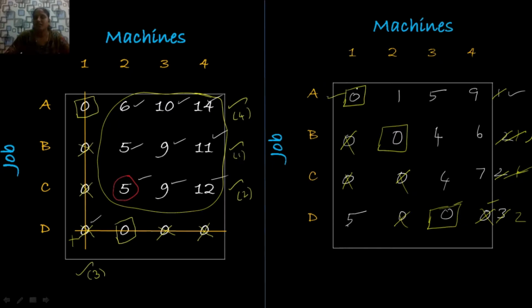After making the assignments, check whether all the rows have exactly one assignment. Here the first row has an assignment, the second row also has an assignment, whereas the third row doesn't have any assignment and the fourth row has an assignment. Which means the current assignment schedule is not optimal. So we move on to the next step. In the next step, what we are going to do is draw a minimum number of straight lines which cover all zero elements. Mark the row which doesn't have any assignment. Here the third row doesn't have any assignment. So you mark this row, this is your first step.